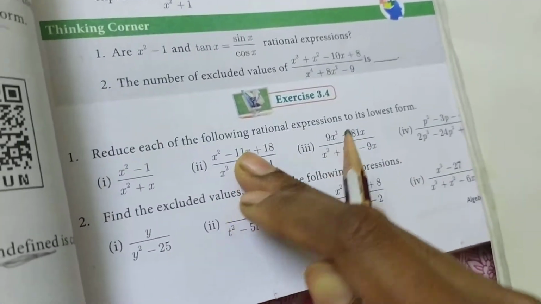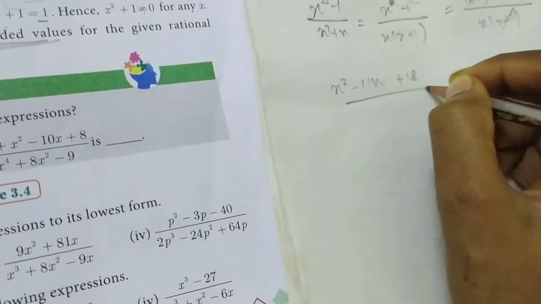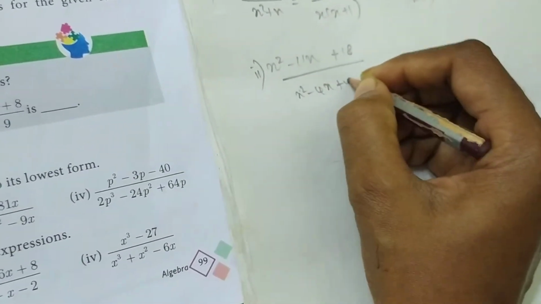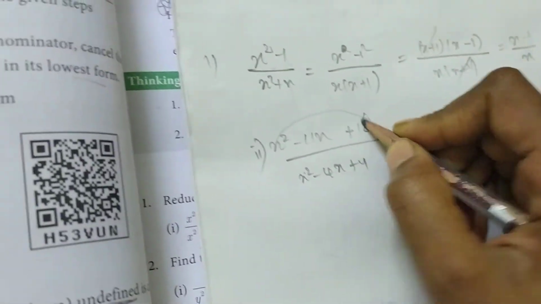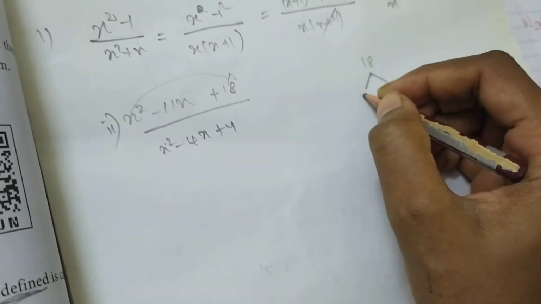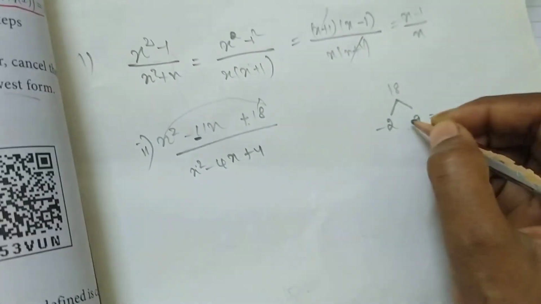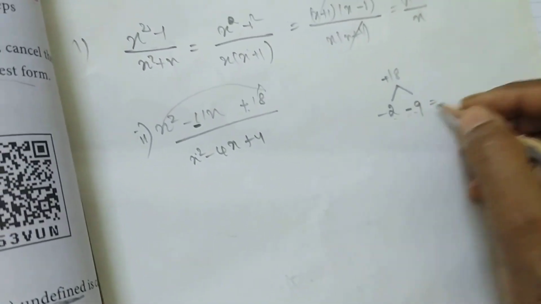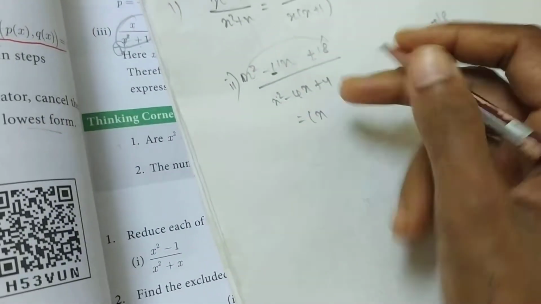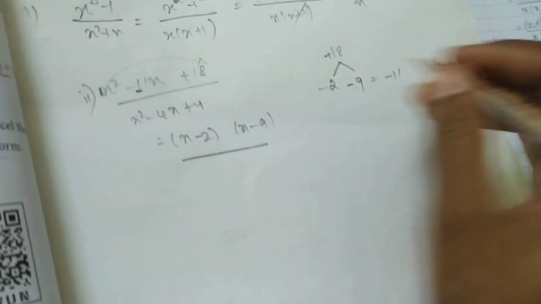Then the same for the next sum. x square minus 11x plus 18 by x square minus 4x plus 4. We already know factorization. So first term and last term: 18. 18 means how many times will it come? 2 9s are 18. I have positive, but your middle is negative, so minus into minus plus 18, and minus so I am having 11. So what is the factorization of this? If your factor is 1, you can directly write x minus 2, x minus 9, division of. So I factorized this.